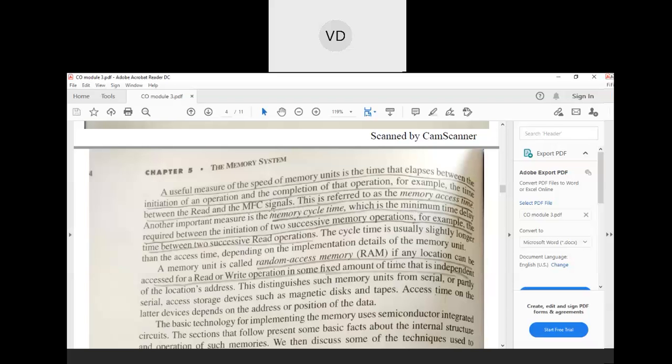Next is the memory cycle time. Memory cycle time means, now we have completed one read operation, next we want to do another read operation, after that another. So the time between two complete operations is called the memory cycle time. Memory cycle time is the time required between the initiation of two successive memory operations. Now I have completed the read operation in the previous example, and to start the next operation,